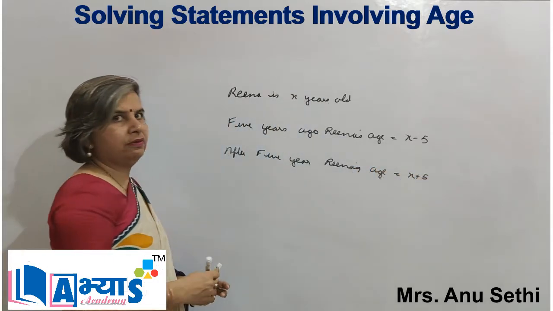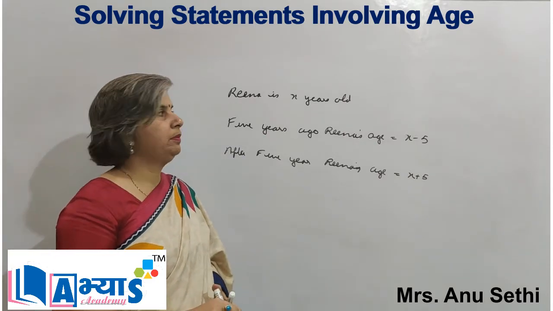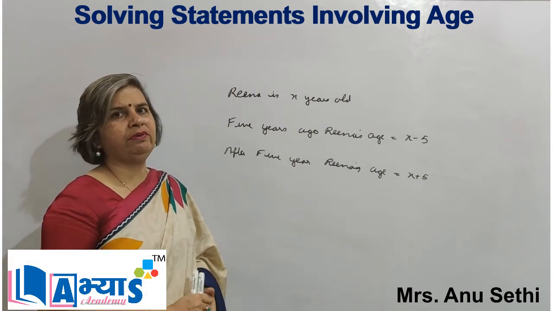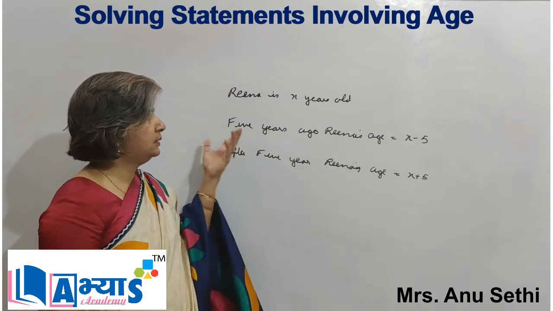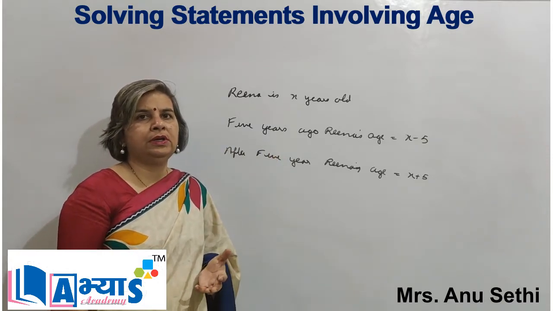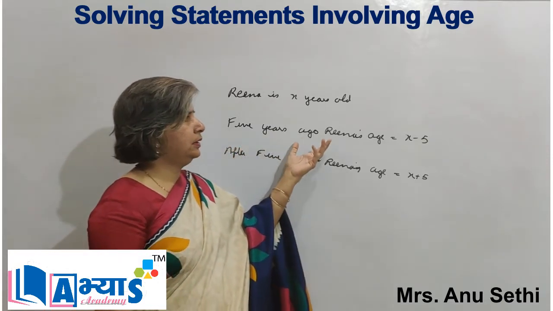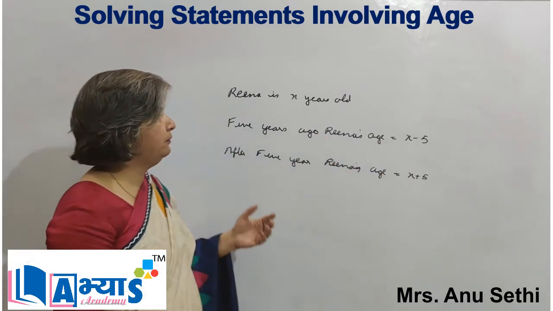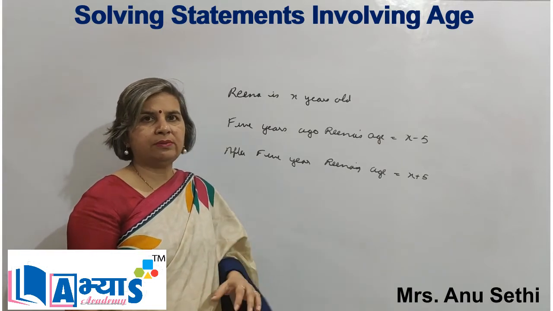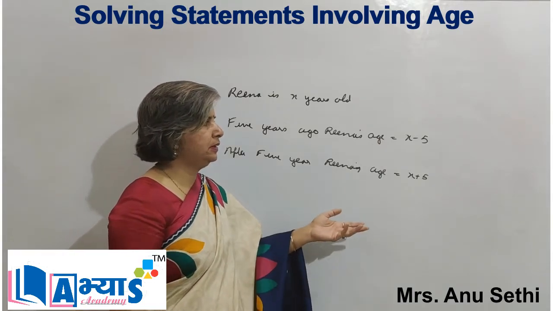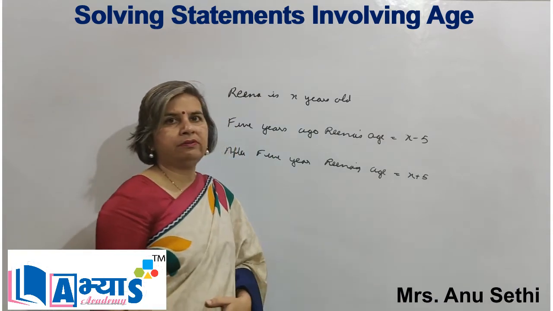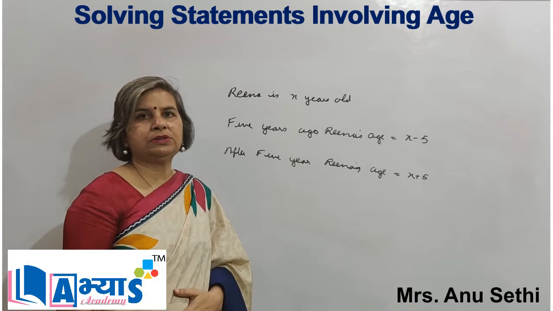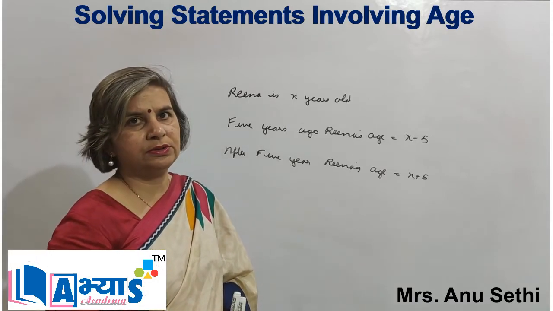So whenever we are given a question in which the ages of different people are involved, we will assume the present ages. What is to be found we will assume as x. Then according to the question, if we are given the relation in terms of years ago, then we will subtract that number, and if we are given an expression after some years or some years hence, then we will add that figure to the value of x so that the question can be solved. Then we will try to make an equation, and then we will try to simplify the expression.